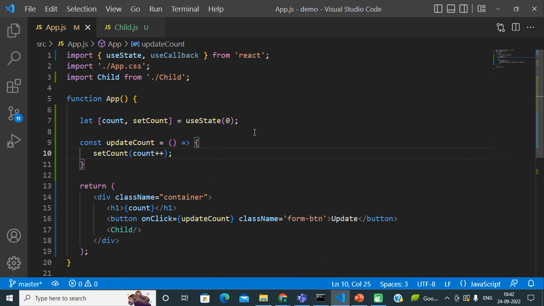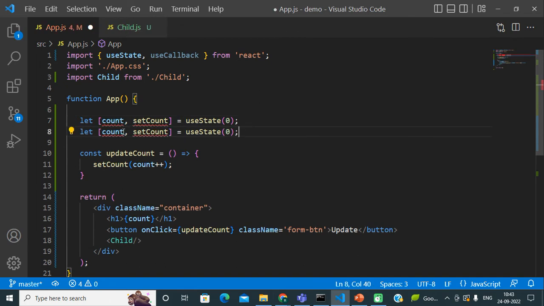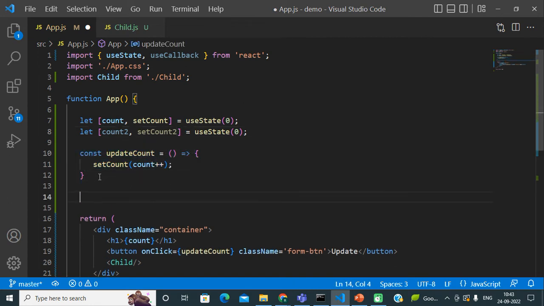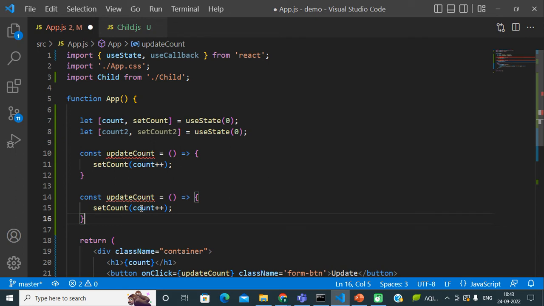Okay, let's say I have another component state here. Let's say that component state will be count2, and the update function will be setCount2. Similar to this event handler function, I will have updateCount2.